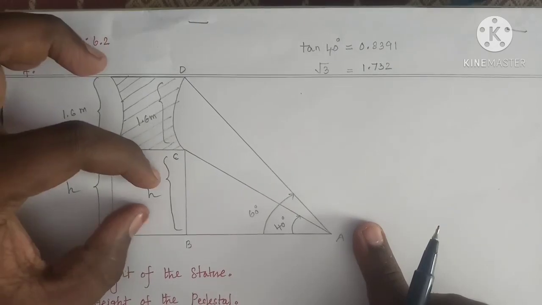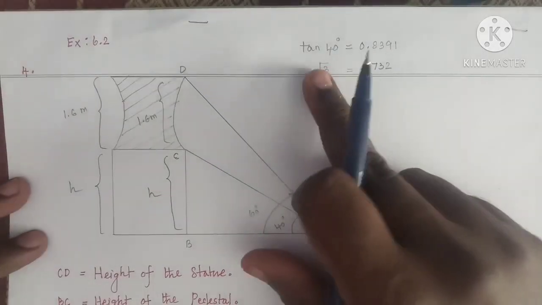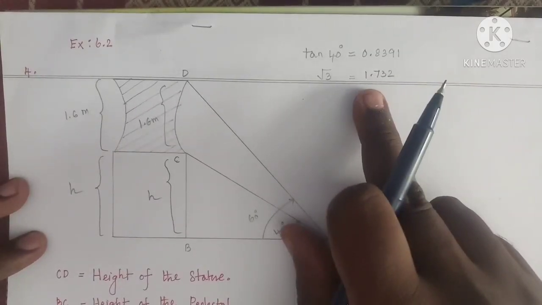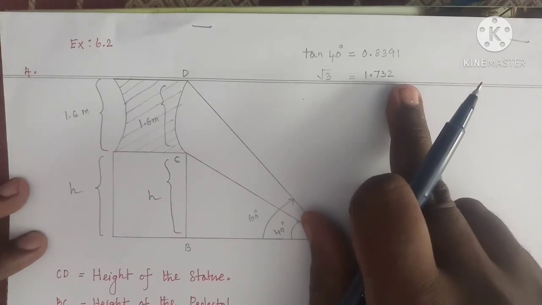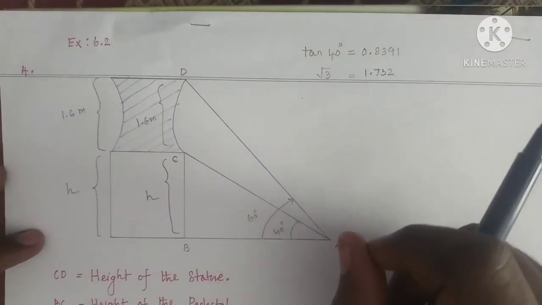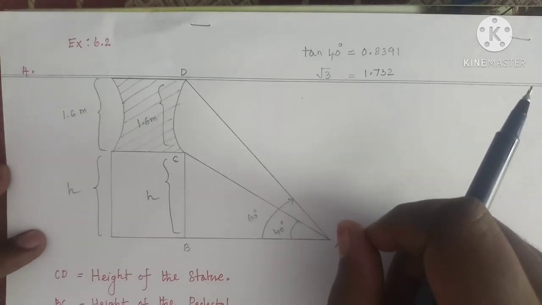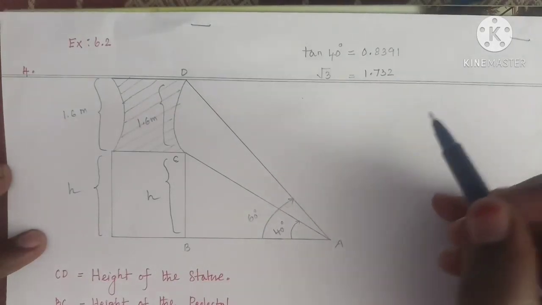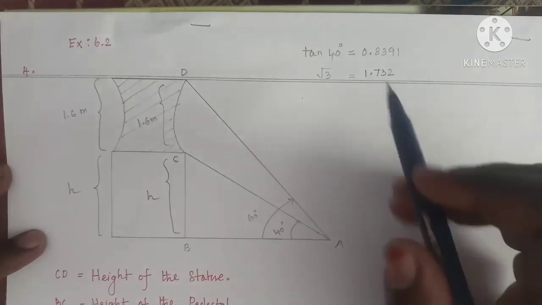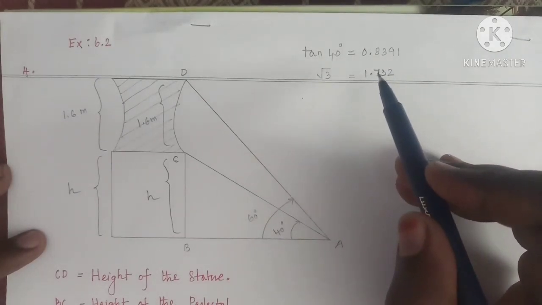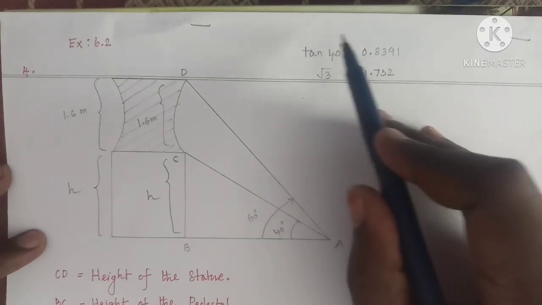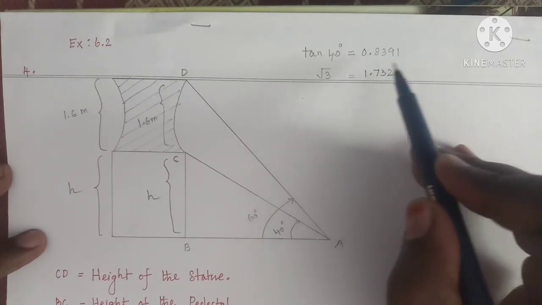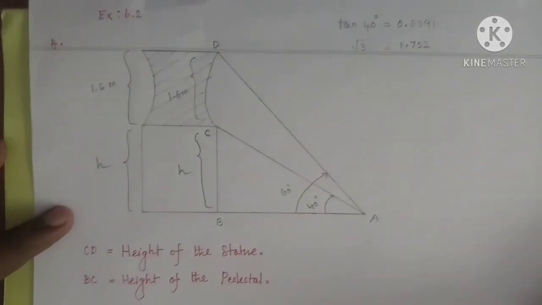So I am going to find this H value. And tan 40 degrees is given, that is 0.8391, and the root 3 value you know very well, that is 1.732. Some special angle values we know, like 0, 45, 30, 60 and 90 degrees. But for angles like 40, 38 and 58, they will give the value for that respective degree. Understood? So here tan 40 is given. We do not know it, so they have given the value of tan 40 degrees, that is 0.8391. Let's move on to the problem.